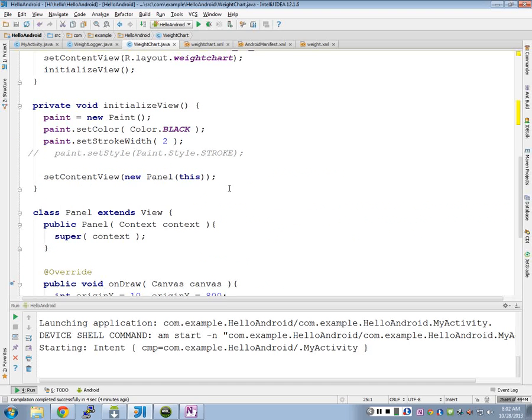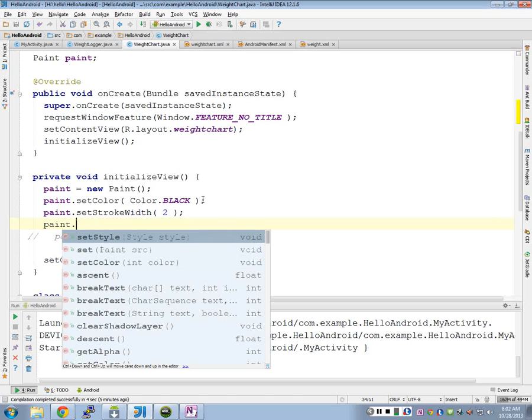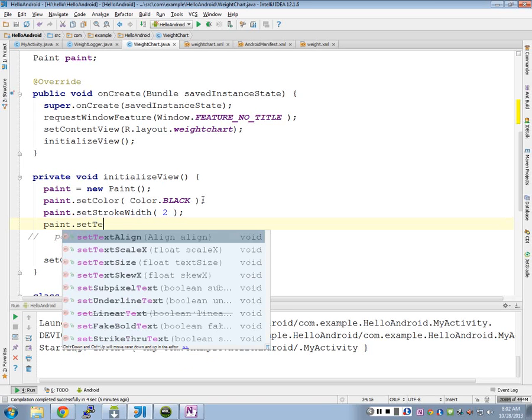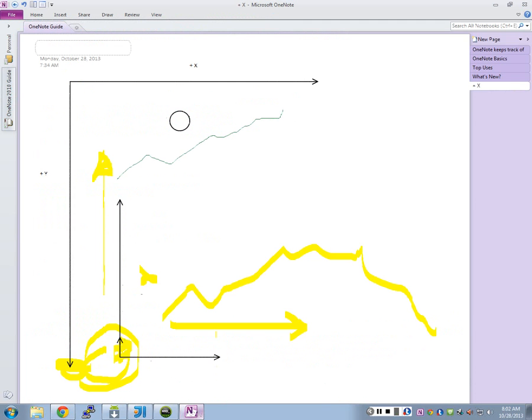size. You can also change the size of the text, so let's do that while we're here. As we're creating our paint, we can set the style of our text as set text size, and let's make this 20 so we can really see it. So let's run this now. Got to do a bunch at once or it takes too long. So now we should be drawing this